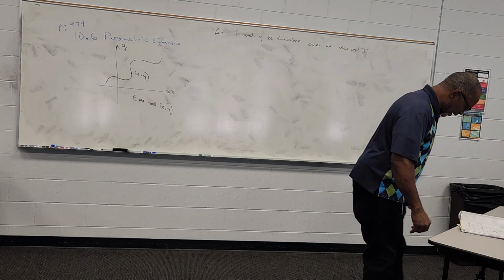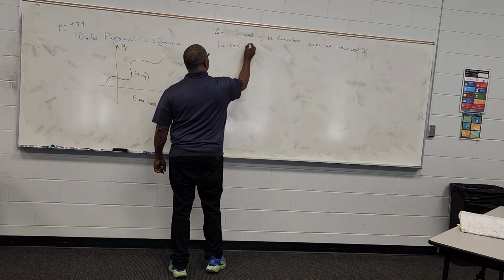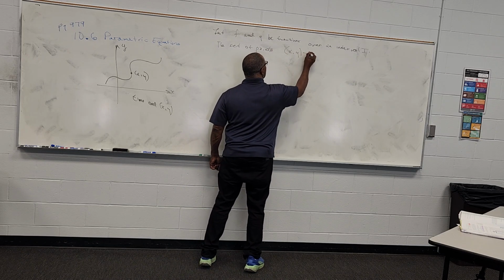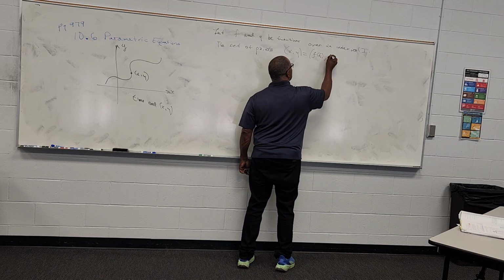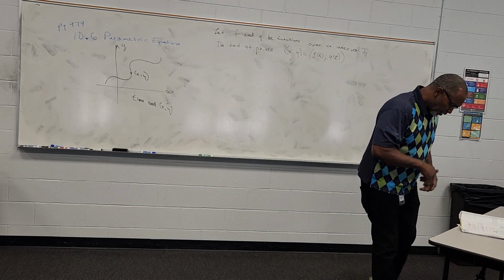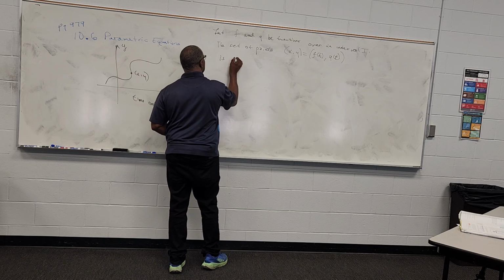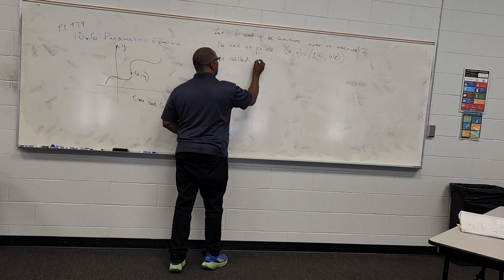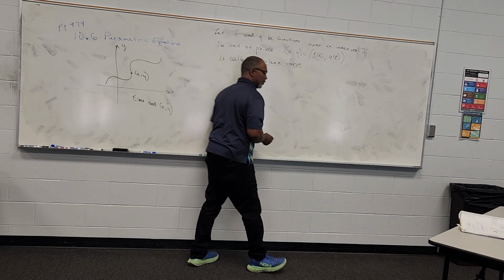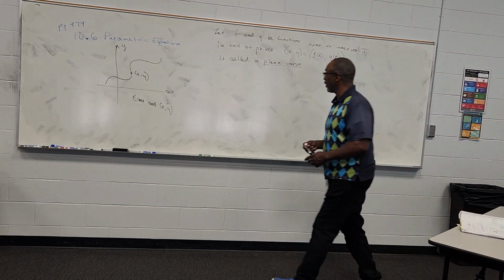The set of points defined by x comma y equals f of t, g of t is called a plane curve. So we're defining what we mean by a plane curve. The equations x equals f of t and y equals g of t